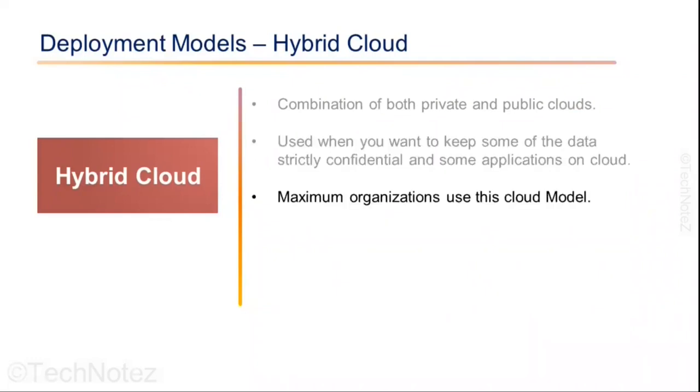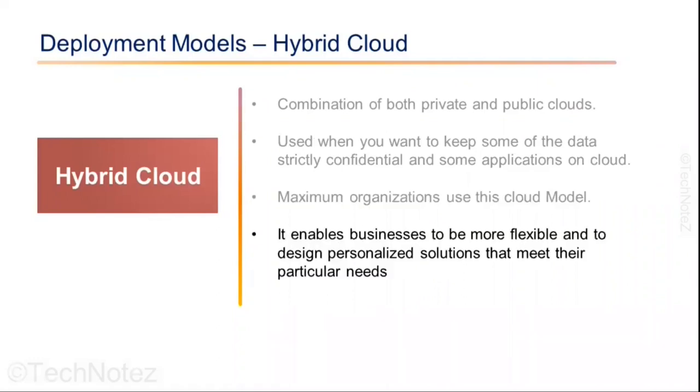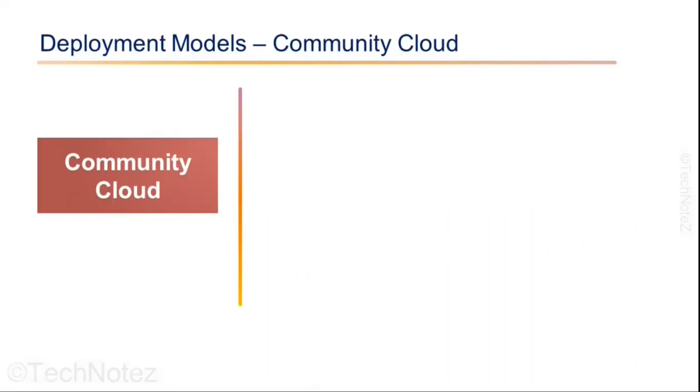This is the most common deployment model used in organizations. Organizations moving their data centers from on-prem to cloud use this deployment model. Some organizations cannot host all their applications on the public cloud because of security concerns or data protection requirements. Hybrid cloud enables you to run both on-prem and cloud applications at the same time. Managing a hybrid cloud is complex. So if you use a hybrid cloud, the cost of managing the architecture could be high compared to private cloud or public cloud. Next, let's talk about the community cloud.